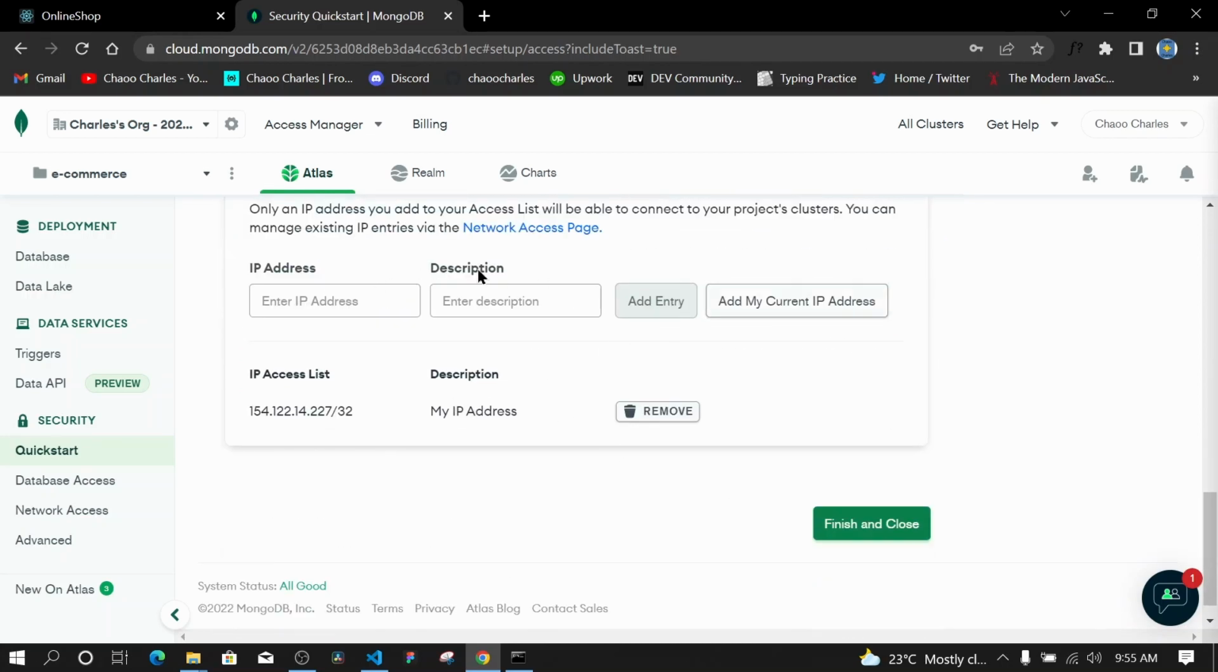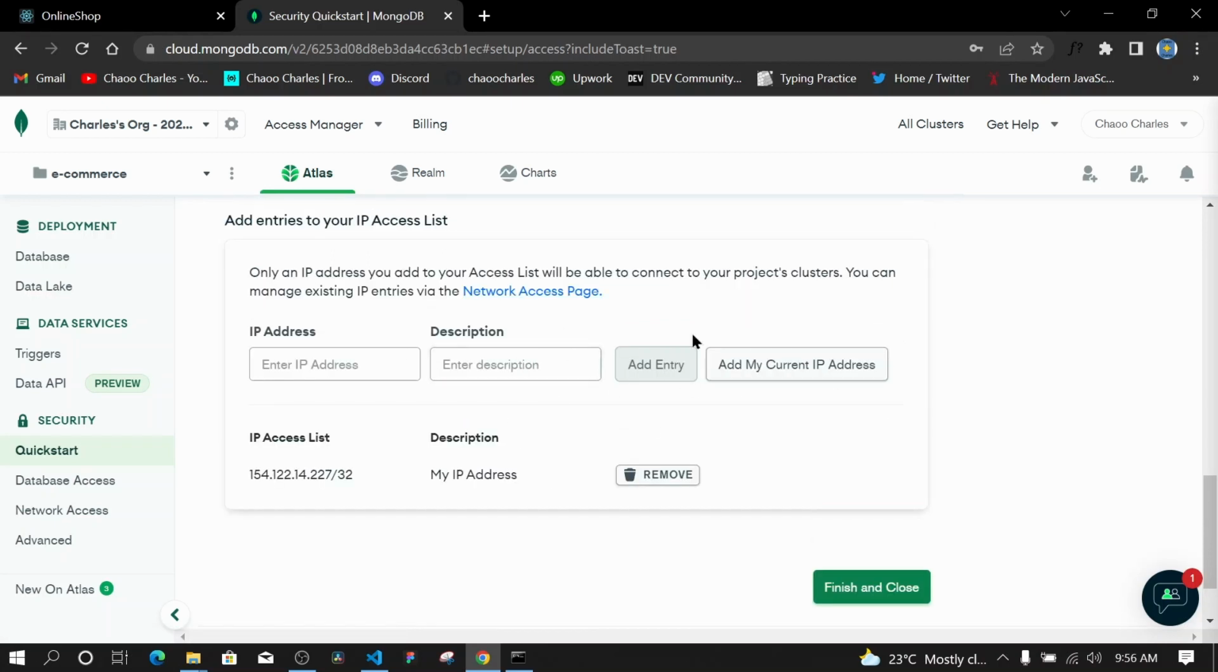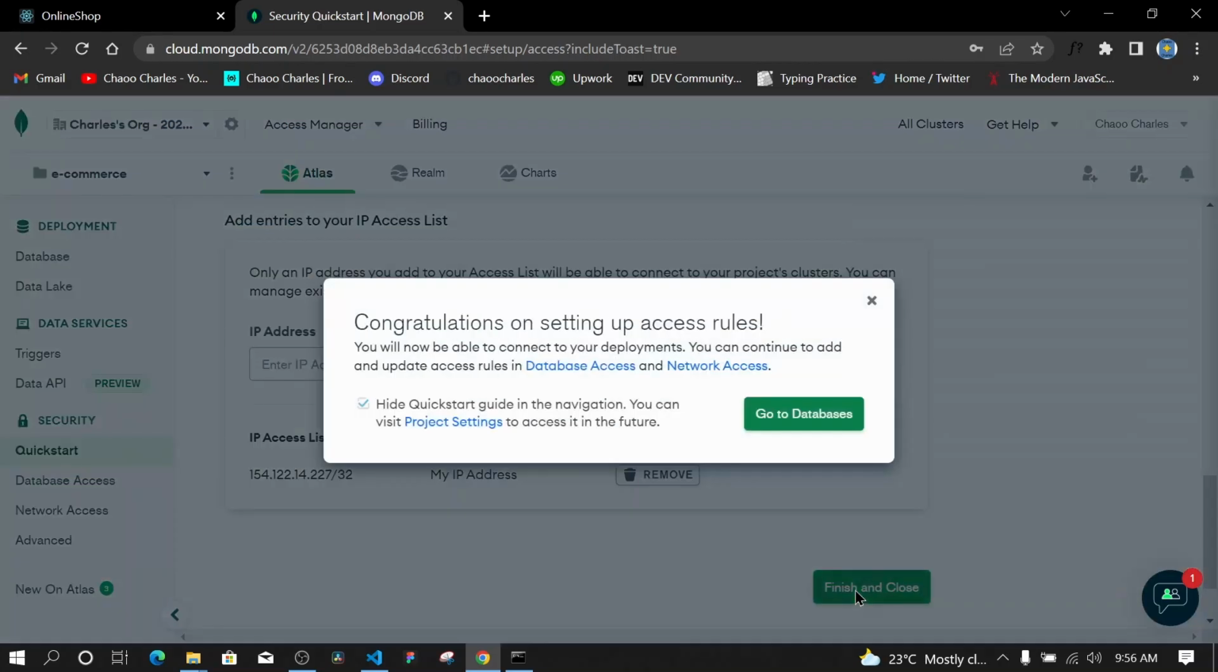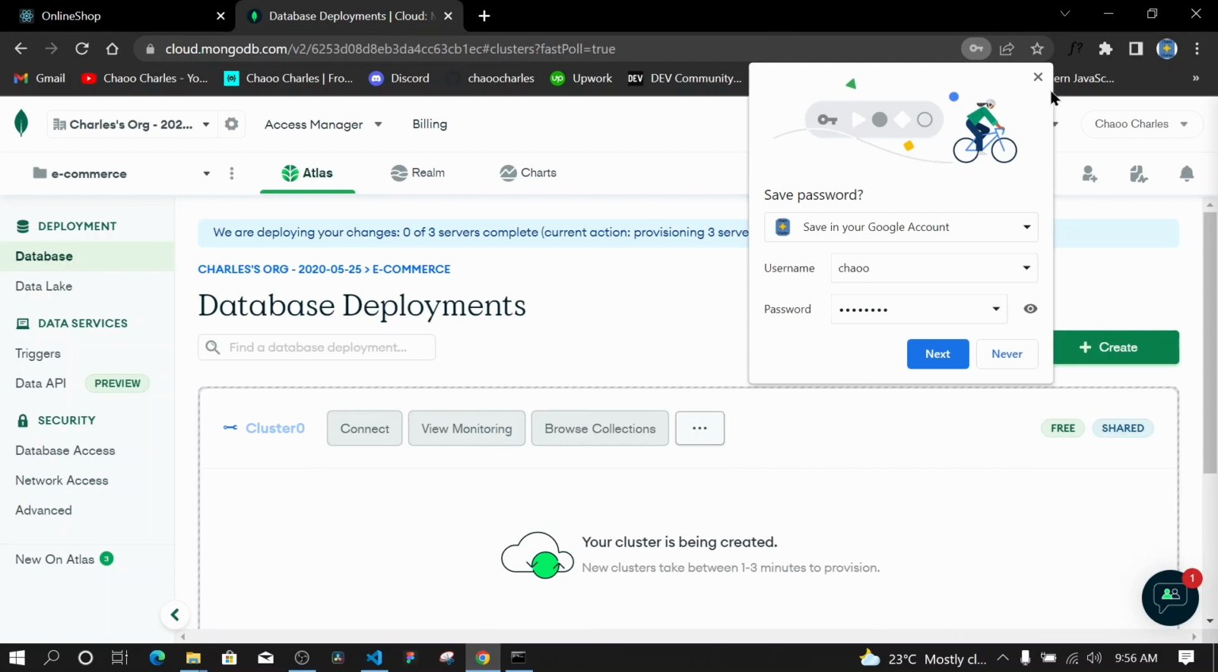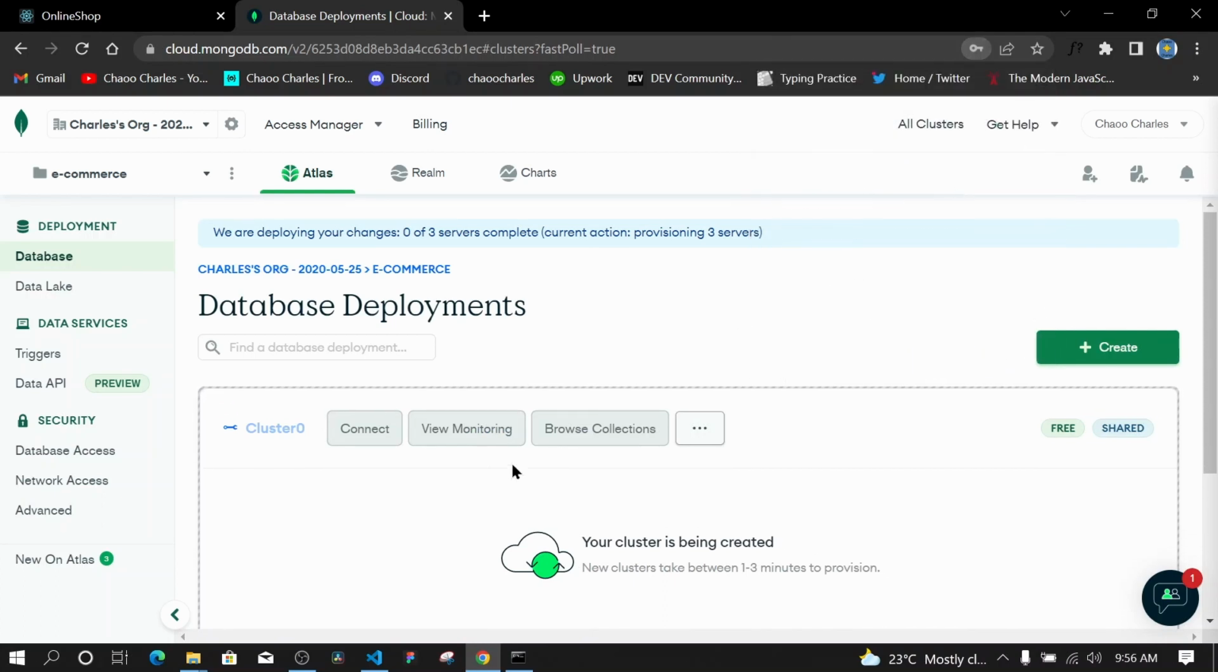Actually, I should have a way of selecting from everywhere. So I'll show you how to edit this one from the network right here, network access. So I'll go ahead and finish and close. And congratulations, go to database. So here we go. It's creating the database. But what I can do, I can go to network access,